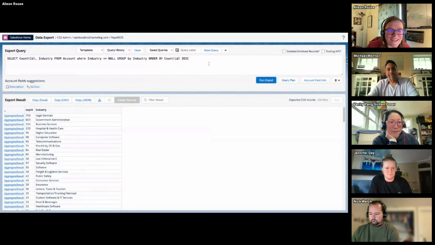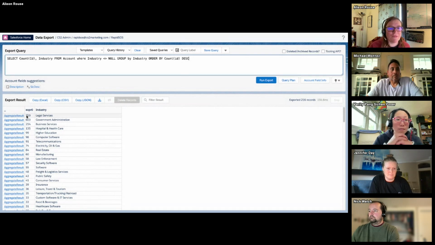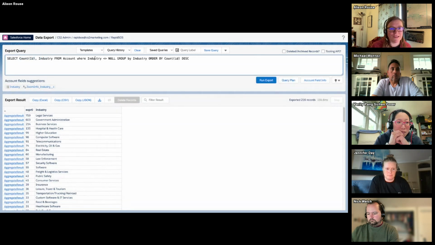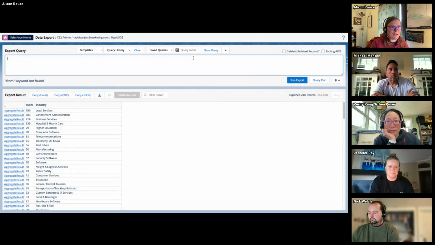Yes. Okay. Well, this was actually that first example: this query is just, I want to know all the accounts by industry. So I can just select the count of ID, industry from the account where the industry isn't null, group by the industry, and then order by the count. I see that most of my accounts are legal services. It's just a quick way of seeing that without having to create a report. Or I could do the same thing on the lead status, like I mentioned,